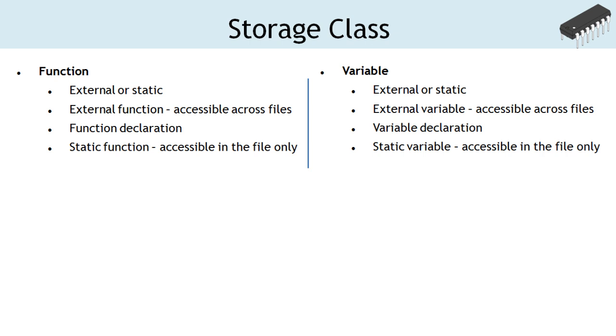The scope of a function defined in a source file can be limited to the file if it is defined with static keyword. Such functions can't be called from the other source file. A function by default is defined as external, but to call the function from a source file, the